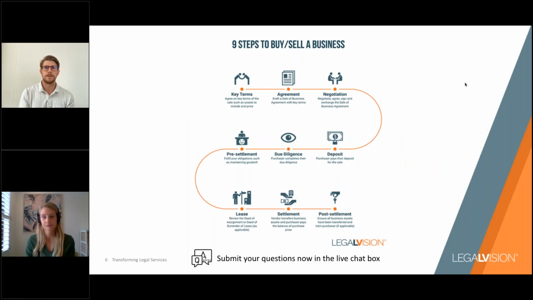So it's always good to get a picture of the sale process. Certainly the sale process can change depending on the specific sale at hand, but here we have an outline of a map that goes through some of the key steps. It's always good to be discussing some of the key commercial terms off the bat. That includes things around the purchase price, whether that's all being paid up front.